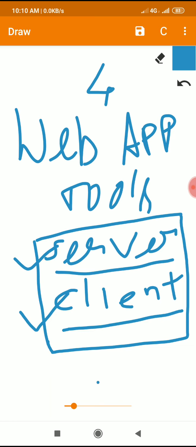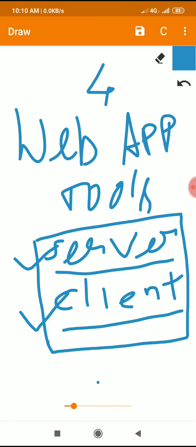So we'll see the tools to scan the vulnerabilities in web apps. Both positive and negative tools will be there. Negative tools mean tools for hacking the website. Positive tools will reveal the weaknesses, that is, vulnerabilities of the web app, to the administrator.